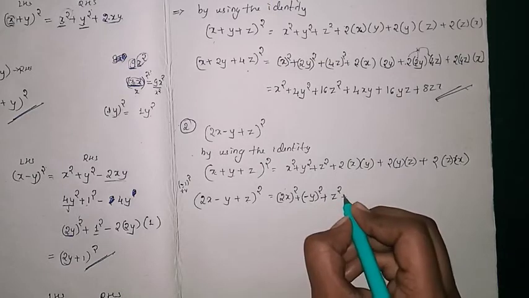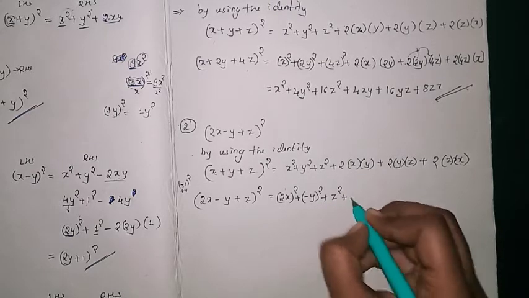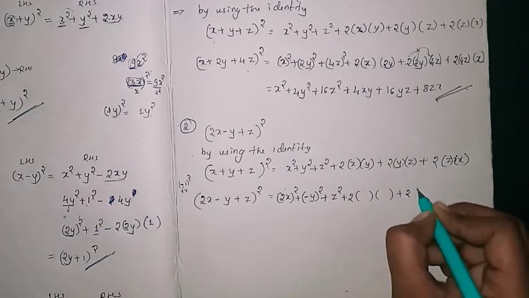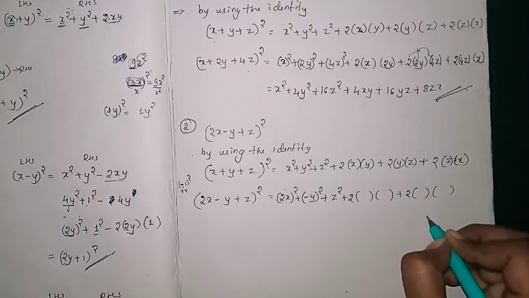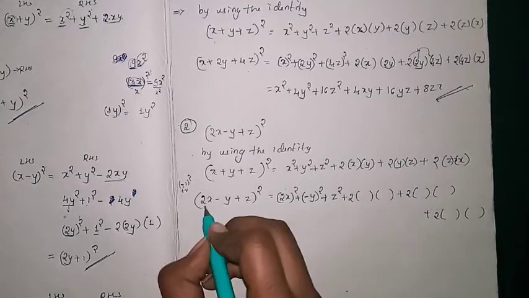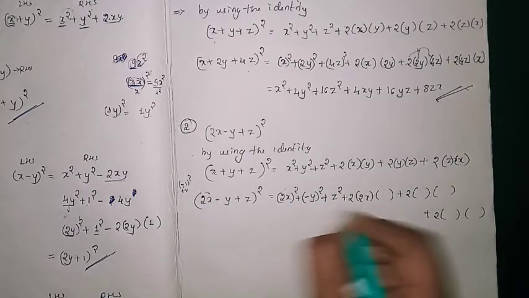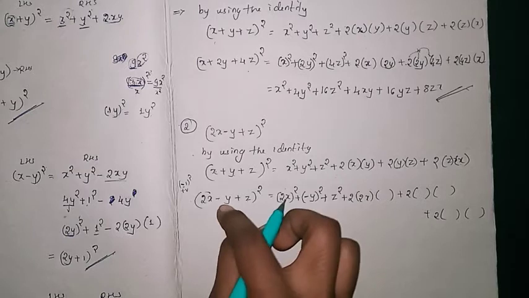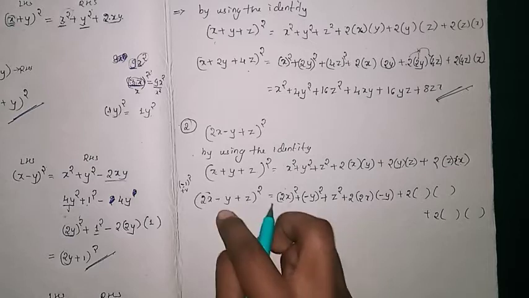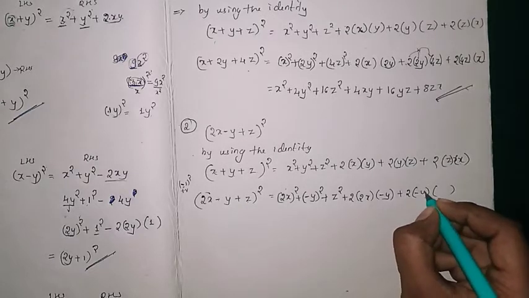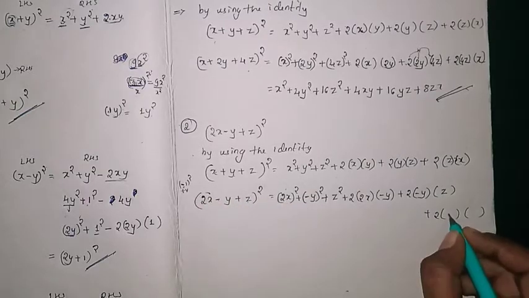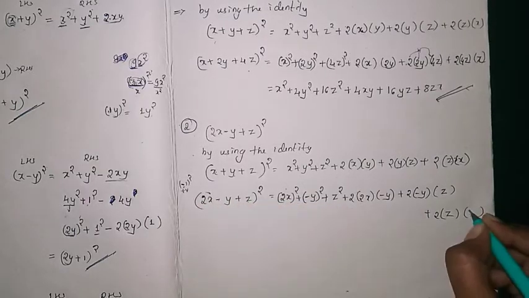As it is a positive, no need to worry in the bracket. So now here 2 into the, first I will write the brackets, so it will help you to understand easily. And third 2 into 2 brackets are there. So 2 into first term is 2x. Second term with the minus you have to mention, so that is minus y. And second term and first term, so second term is minus y and third term is z. And now the third term and first term, third term is z and first term is 2x.